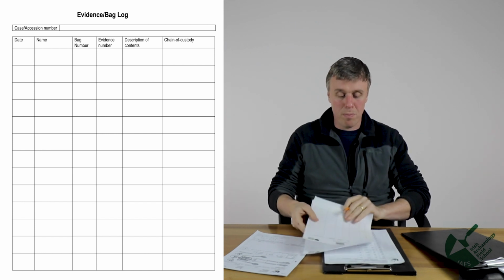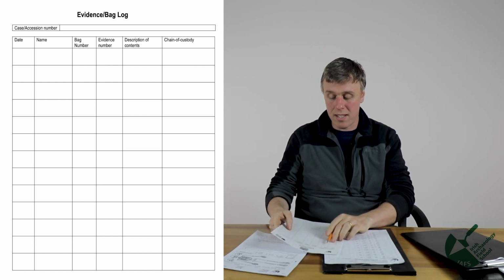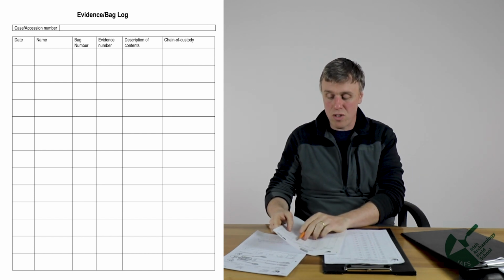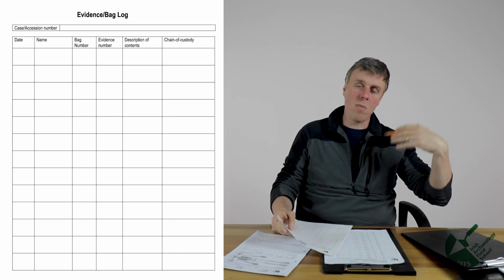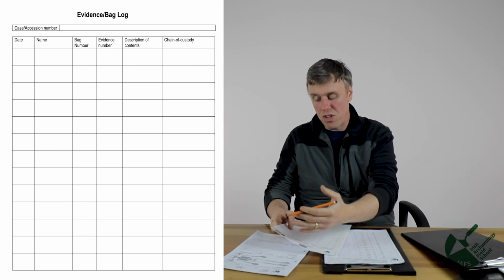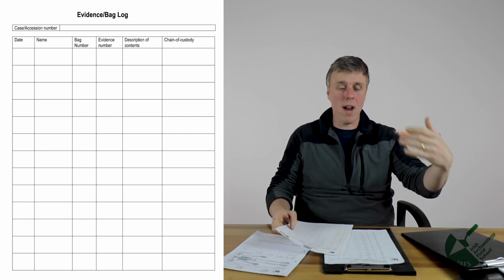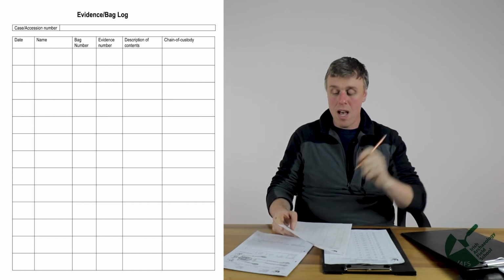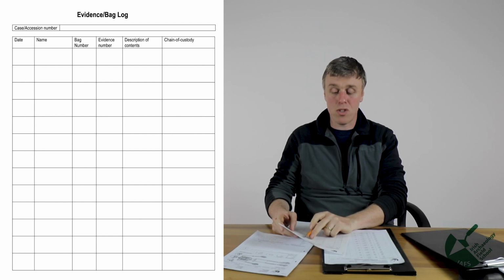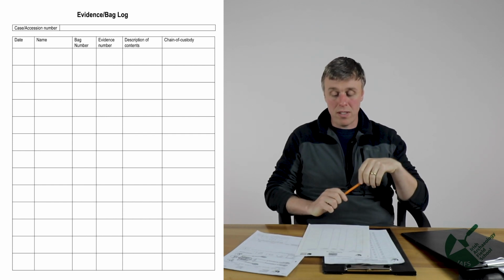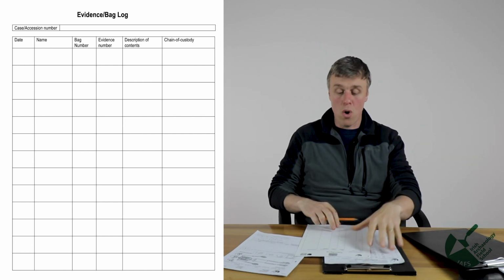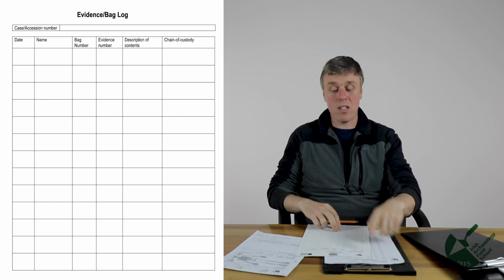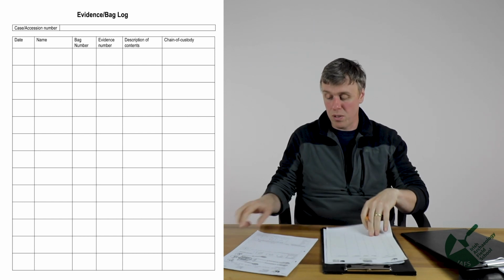So the evidence bag log again has the date, again has the name, it has the description of contents, and it has a chain of custody, so who is holding onto that bag now. So that's one difference to the bag finds register. We would assume that everything the archaeologist is holding with the chain of custody, we'd want to know exactly where that evidence is at any given point. And then there's a bag number and a description of contents. So the only real difference is where the physical evidence is at any given time. Otherwise, the evidence log and the bag finds register are virtually identical, okay?